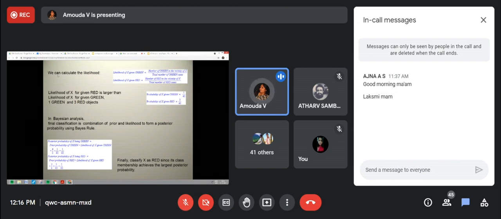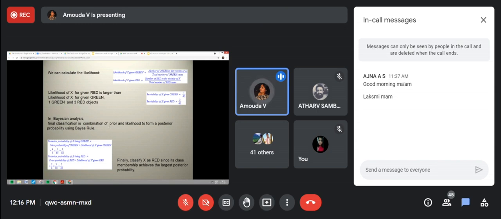From the prior probability we calculated, and the likelihood of X calculated here, with these two pieces of information we are going to calculate the posterior probability. Once you calculate the posterior probability, you will come to know which class the new object belongs to.